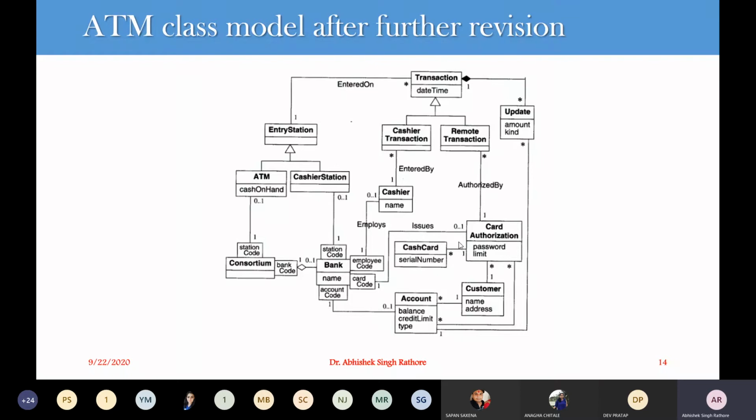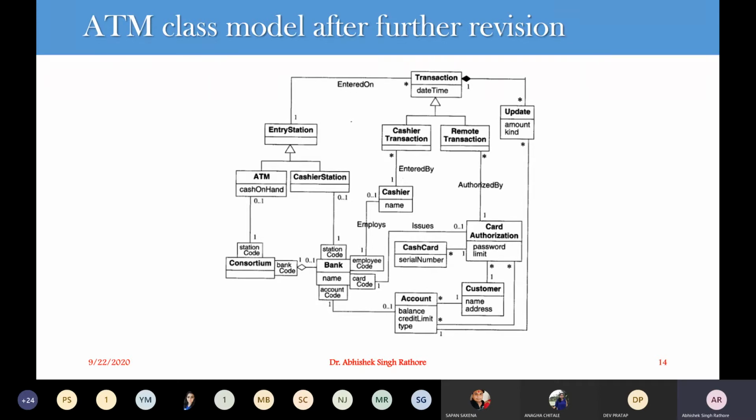In addition to that, we have a transaction class available. So this is my transaction class. For this transaction class, we have added this update information. So what is this update information? This update is usually a single action, whether you are going for a withdrawal, a deposit, or a query about what amount is available in my account.